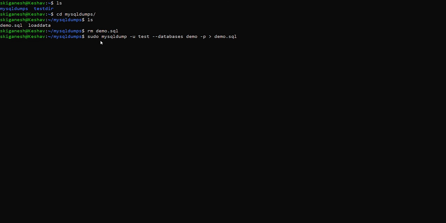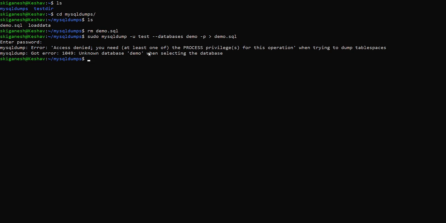This is the command: mysqldump with user test and database demo, and -p is the option to provide the password. We will execute this. We need to provide password. We got error since we have deleted the demo database already.